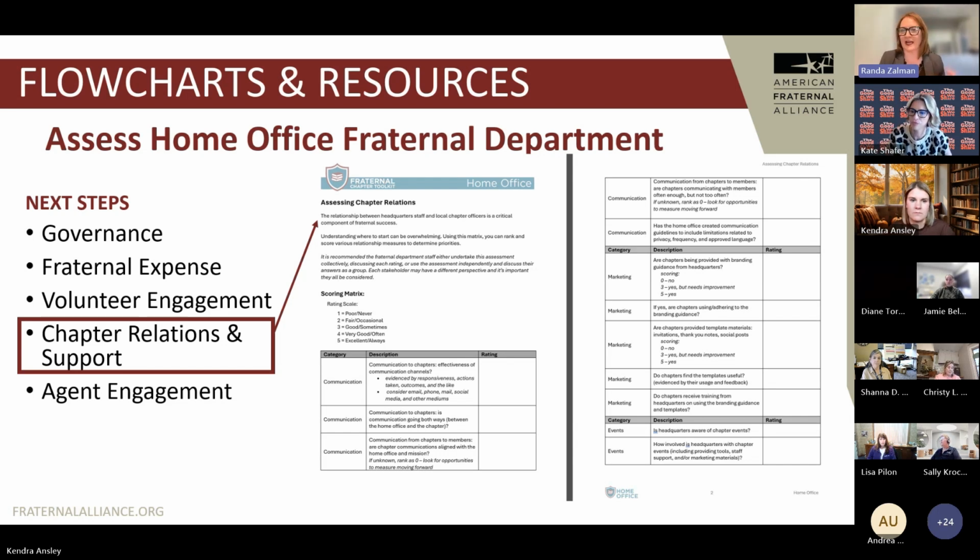So for example, it'll ask questions about leadership, communication, finances, programming. And what you can do is really take a pulse as to where your chapter is at. And then it starts the dialogue. It starts your chapter being able to have conversations in terms of where improvement needs to happen and where some of those priorities are.